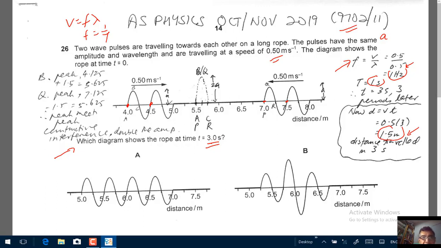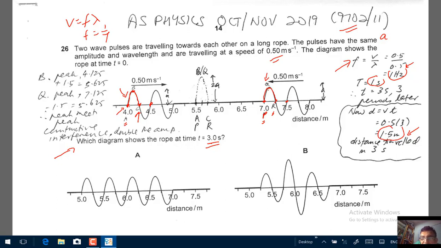Okay, let's look at half a wave, this one here, and this one here, half a wave. I've labeled the points. This one here is P. This one here is R, and this point here is Q. This point here is A, this point here is C, and this point here, the peak, is B. Here the peak is Q. A is at 4. The value here is 4, and we're looking at